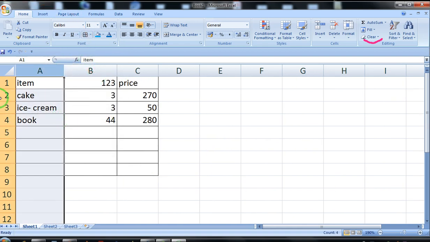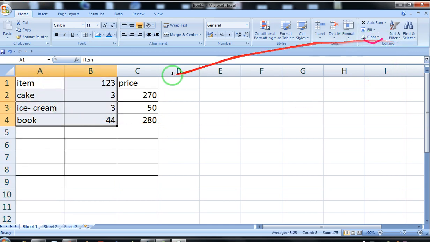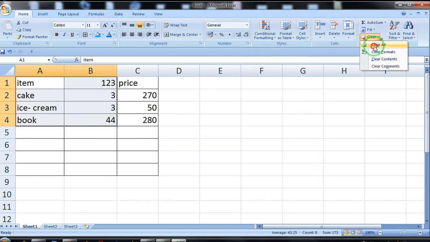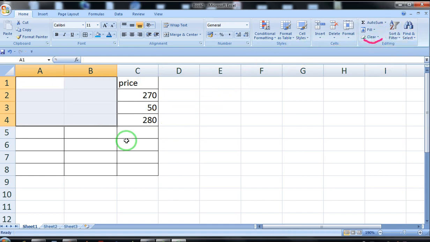Next column is shifting towards the left hand side. But when I choose the option clear, it will only clear the content. The cell will remain there. The cell or the range of cells will not be removed when we choose the option clear. So this is the difference between clear and deleting a cell.